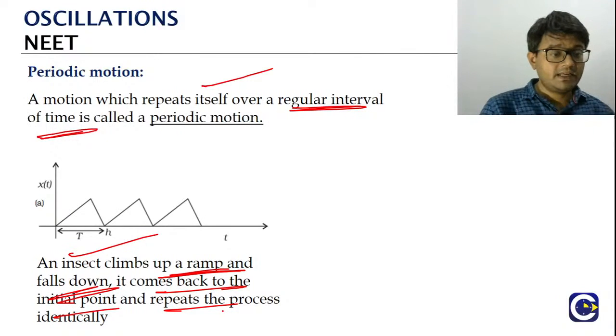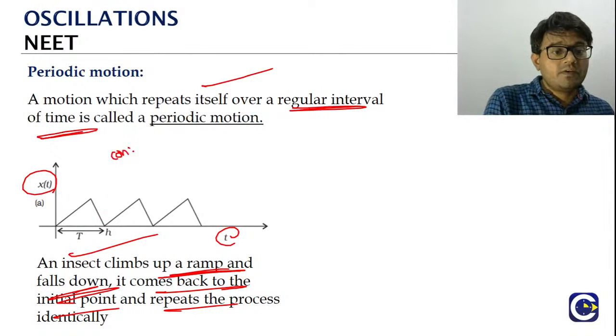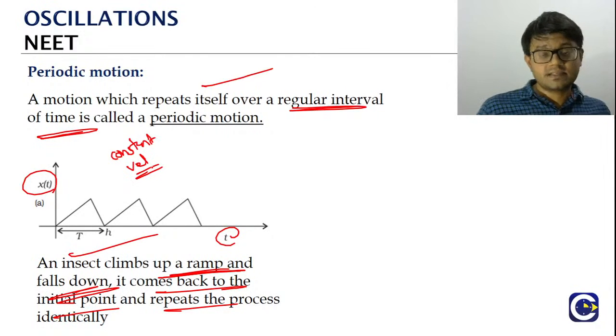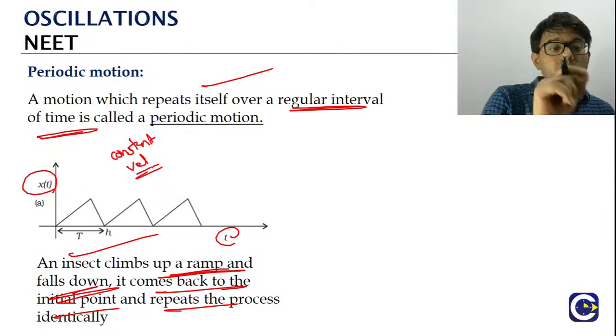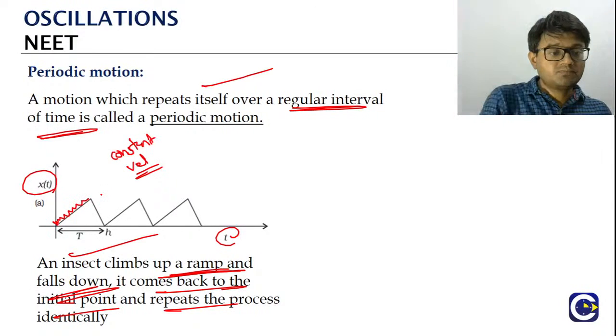அப்படி வந்து என்ன பாருங்க, if you try to represent the position of the insect with respect to time, assuming it is moving with a constant velocity, எப்படி இருக்கும் graph? இதெல்லாம் நம்ம already in the motion in one dimension we discussed about it. If the motion is a constant velocity means position time graph will be a straight line. அப்படிதானே பாருங்க. So this is when it is climbing up, position is increasing, அதுக்கப்புறம் திருப்பி it is coming back,